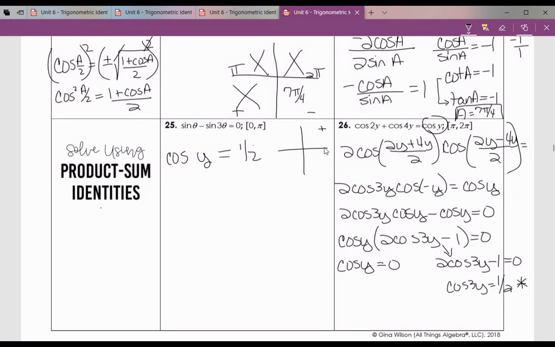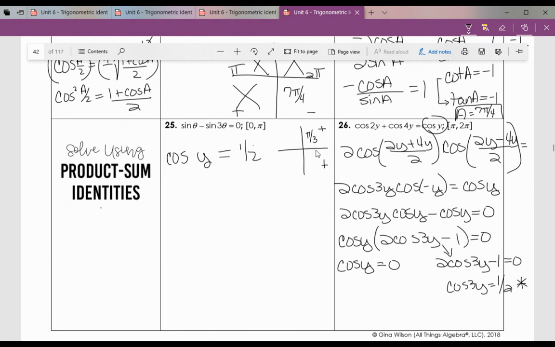So cosine is positive here and here, and cosine is 1/2 at pi over 6. And in the fourth quadrant, I'm sorry, pi over 3, not pi over 6. In our fourth quadrant, that would be 300, so that would be 5 pi over 3. So what I'm going to do is say y equals pi over 3 and y equals 5 pi over 3,